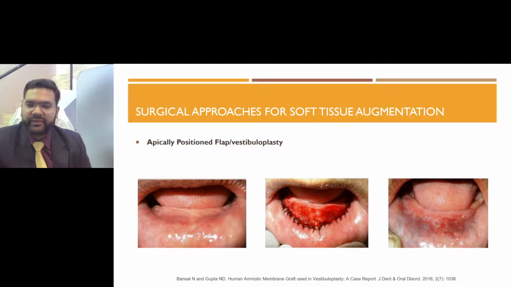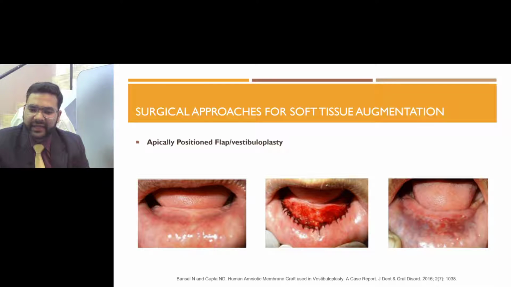Now come to the first approach to soft tissue augmentation, which is an apically positioned flap. It has been documented as the most successful method to increase the width of keratinized mucosa. A mid-crestal incision preserving the connective tissue available on the lingual side is suggested in order to elevate a double layer flap. The inner layer of the flap is then sutured back, thus protecting the bone and allowing a recipient